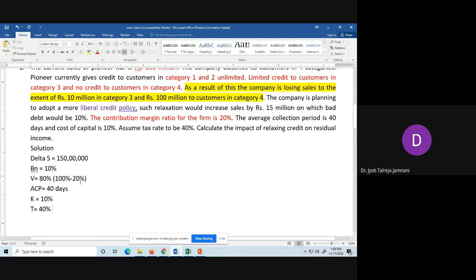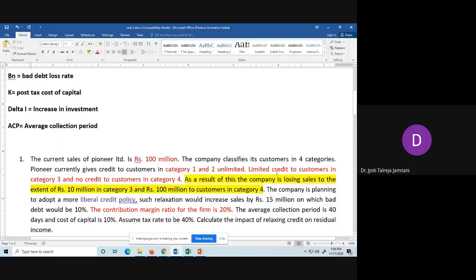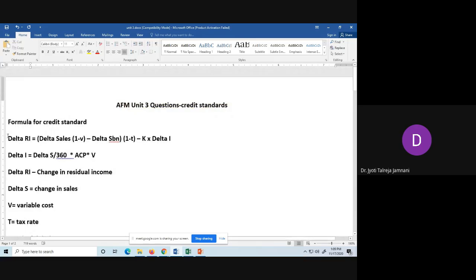So we have all these things. Now we have to find what will be the impact of this on the income. Why are they calling it residual income? Because after meeting all the costs, whatever income we get, we call it the remainder or residue. That's why, instead of calling it profit, the word used is residual income. So these are the formulas that we will be using